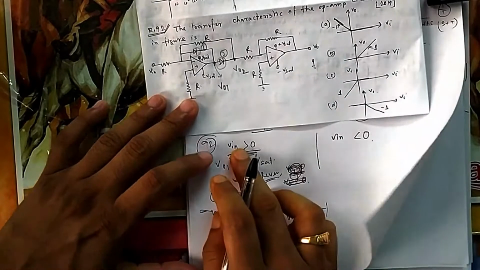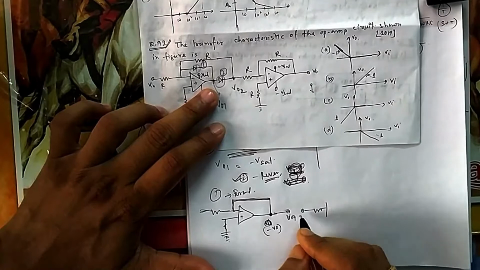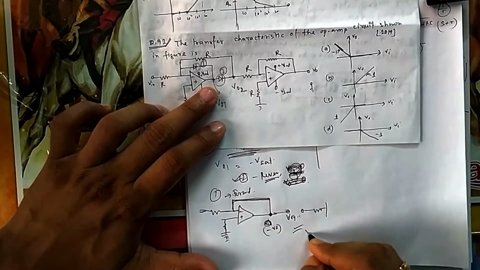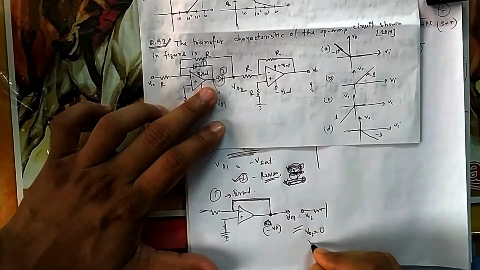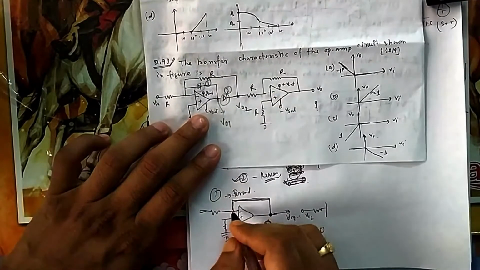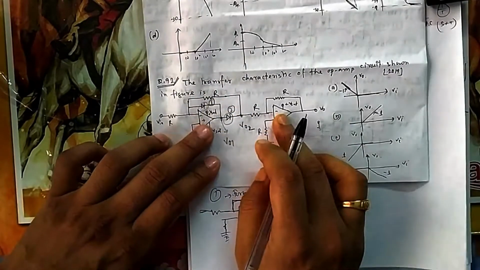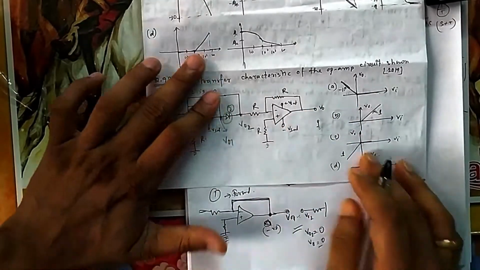So you have taken V in positive, that means you will get negative voltage here. Once you get negative, it remains reverse biased. So your V output is 0. Final V output 2 is 0, V output 1 is 0. Then the final V output is also 0 because no voltage can come through this, because this path is not there. This resistance is also not there. So V02 is also 0. So final output V0 is also 0.